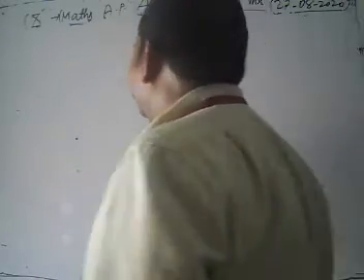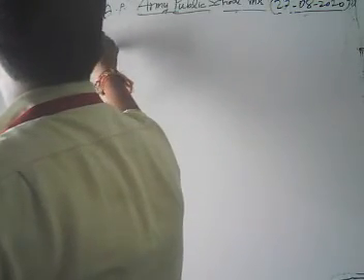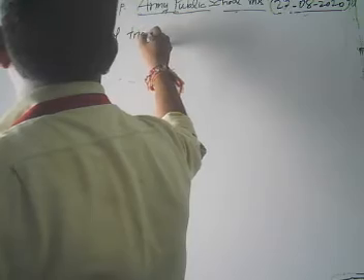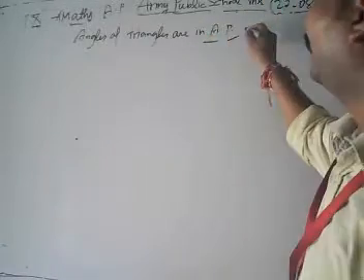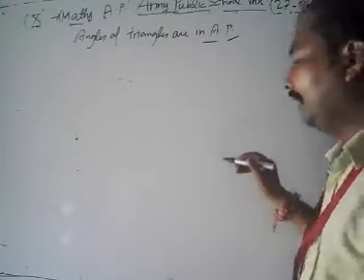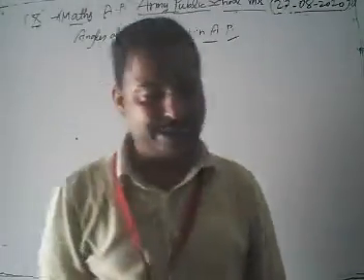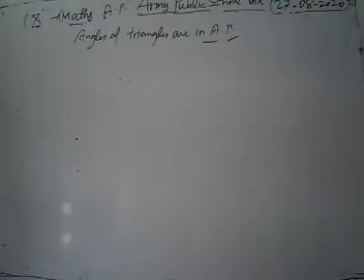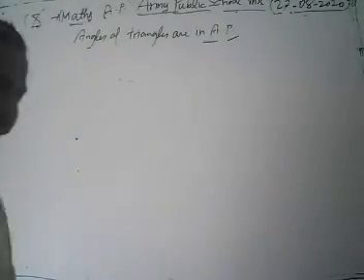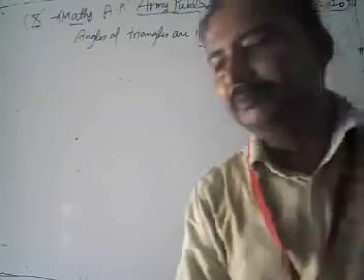The angles of a triangle are in AP. If the greatest angle is twice the least, find the angles of the triangle. It's given that the angles of the triangle are in AP, and the greatest angle is twice the least. Find the angles. Look, to solve it, whenever we take numbers in AP,